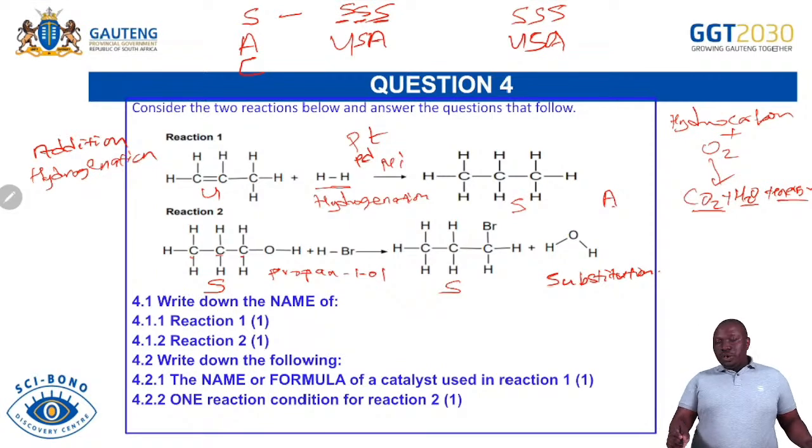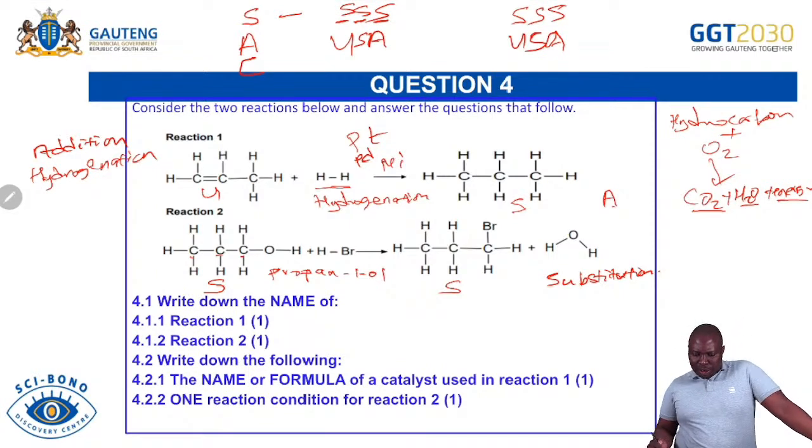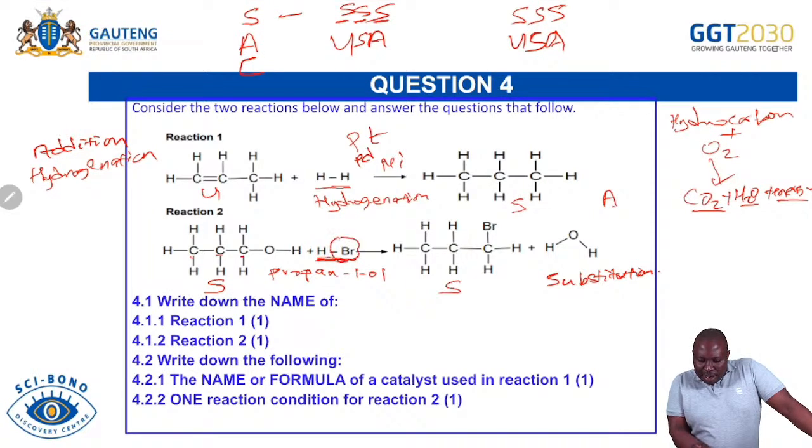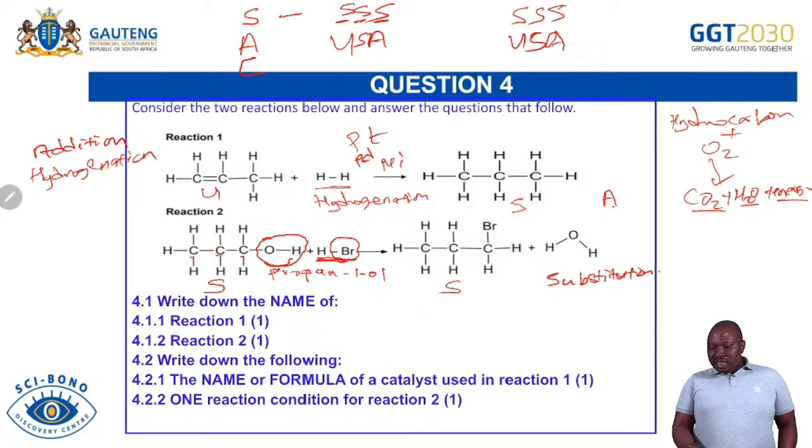Then the next question would be, what type of substitution? So you can check. We're bringing HBr here, but for substitution, we only took the Br. It came and substituted the OH. You can see where there was OH, the Br is now taking the position of the OH. So you know when we bring Br, it's a halogen, a group 17 element. So we will refer to that as halogenation, because you are substituting with a halogen.